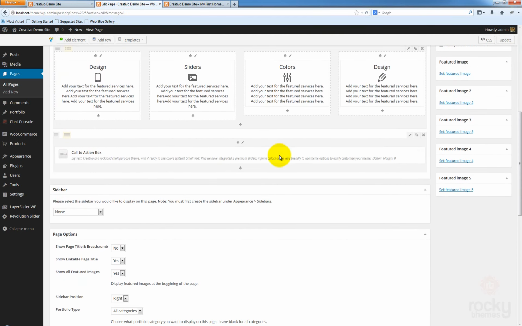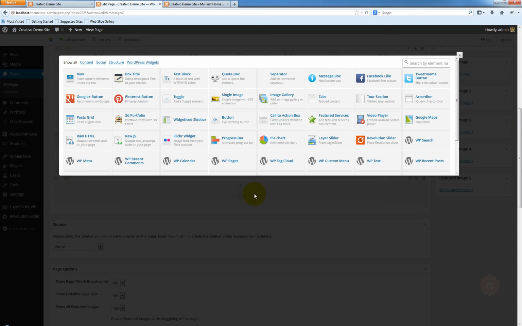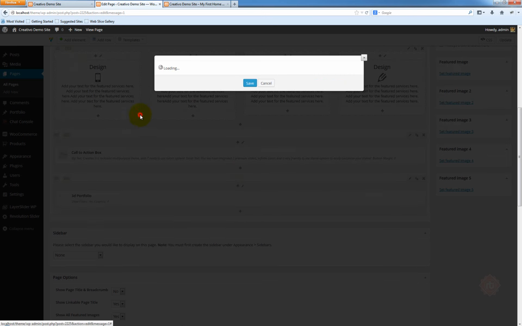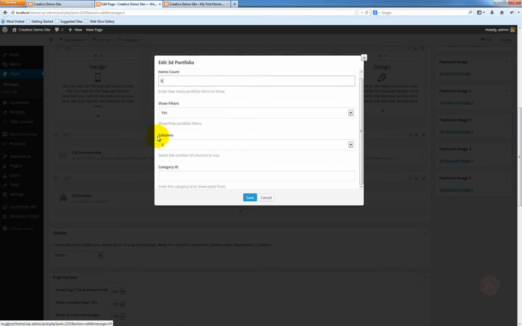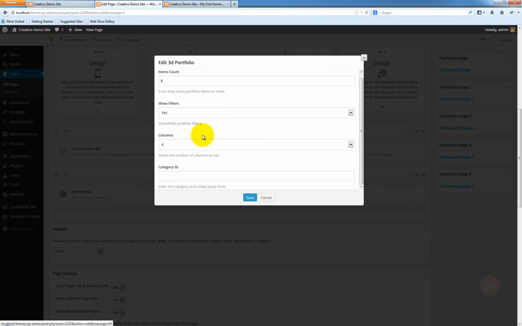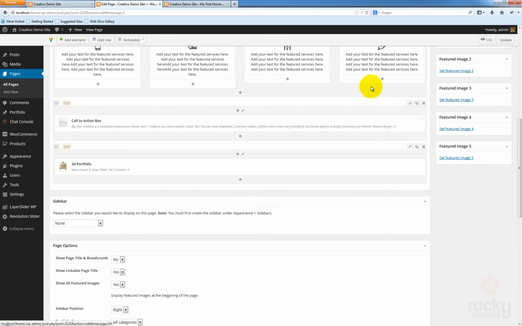Okay, let's go back, and let's create a new row. Click the plus sign, add a new element. I'm going to show you a very cool element, the 3D portfolio element. Click on it. You will be asked how many items to show up. The items count option controls that. So let's say I want to show about 8 items. I want to use the filters. I want the items to be displayed as a 4-column layout. I'm just going to leave this category ID as default, so all the portfolio items will be shown here. Click on save, click update,